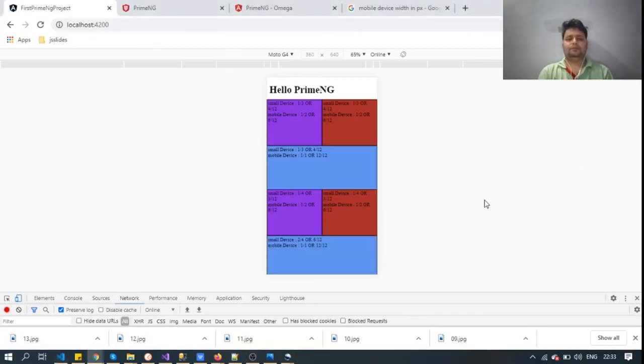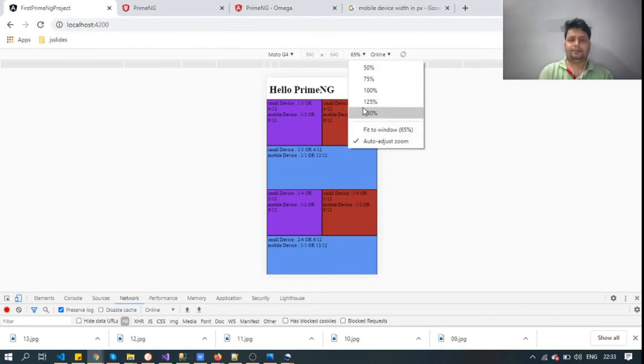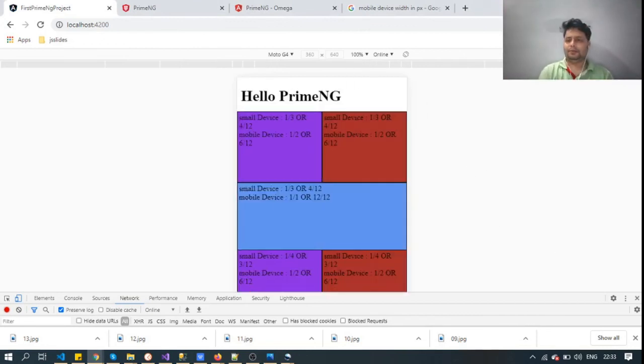Yeah. Now you can see that the grid system is ready. So it looks like this. Okay. So now you can understand how to create the design using the PrimeNG grid.